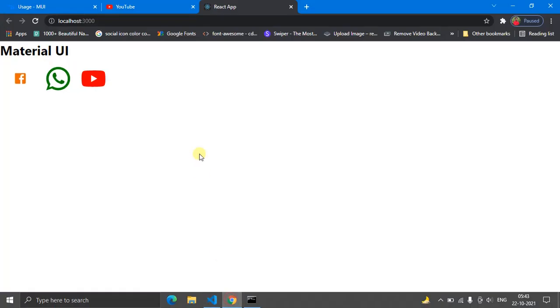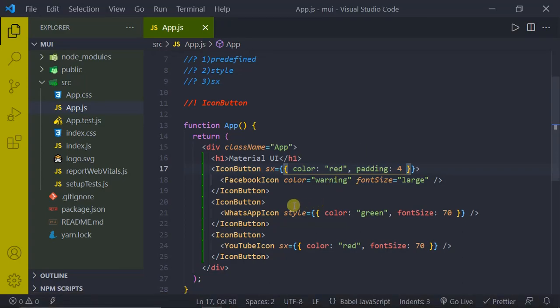So now if I come over here, we got a huge ripple and see that red color, okay? Whenever you click on that, we are getting a red color, right? So you can customize like this, okay? One thing is by passing the predefined props, that is the color and size, okay? It is not font size, it is size. This color is for ripple color and this size is for the size of the ripple, okay?